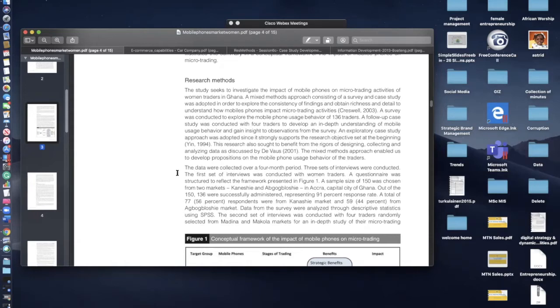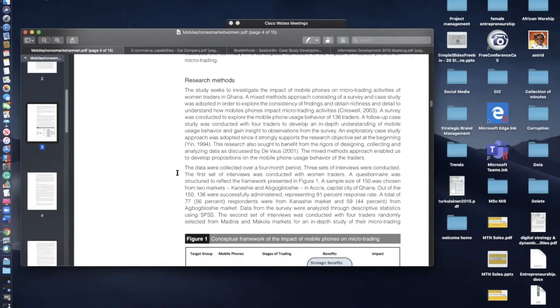And then it goes on to say that a questionnaire was structured to reflect the framework presented in figure 1. So I presented a questionnaire. Some of the studies will even show you the questionnaire in figure 1. They'll show it at the back of the work. Okay. A sample size of 150 was chosen from 2 markets, the location of the study, which is part of